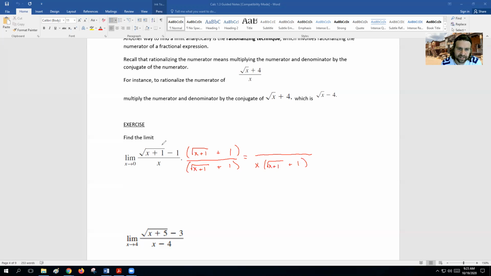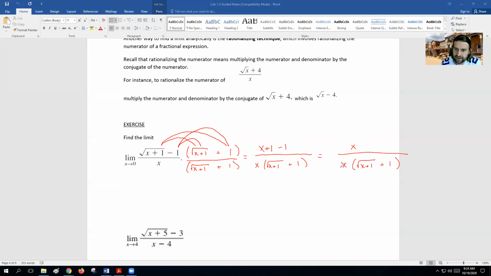Now the top, what's going to happen is we need to FOIL this. We need to distribute this. Radical x plus 1 times radical x plus 1 is just x plus 1. Now what's going to happen in the middle? If I take radical x plus 1 times 1, and then take negative 1 and times it by radical x plus 1, they cancel each other out, so there's not going to be a middle term. The only thing left over is the minus 1 times 1, which is minus 1. So after doing that, we get a simpler expression of just x over x times the conjugate,